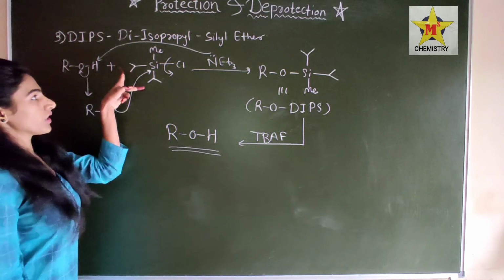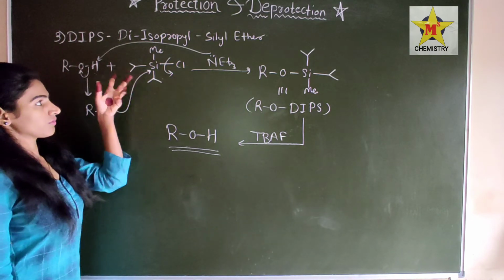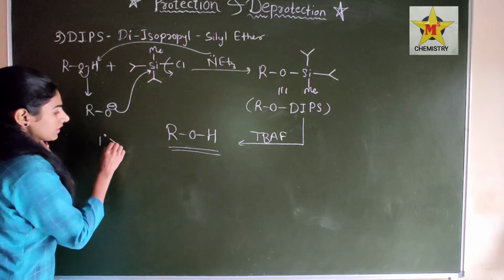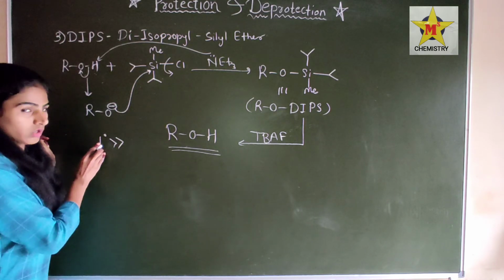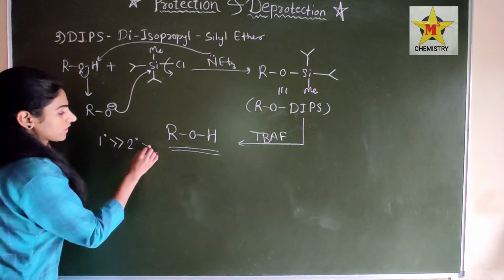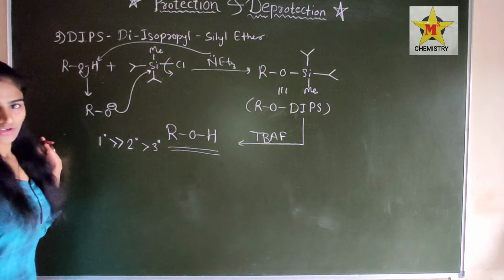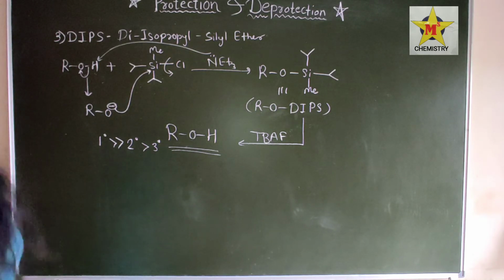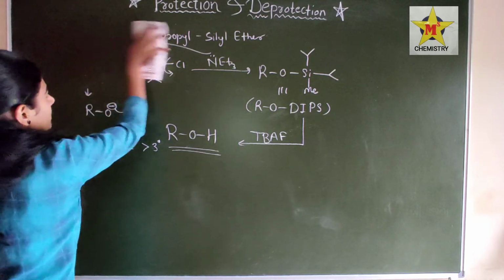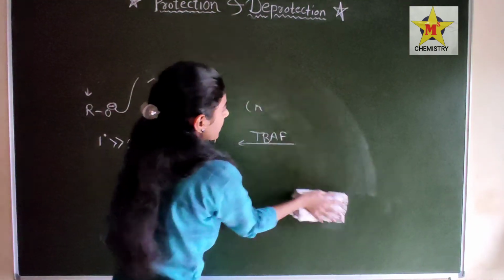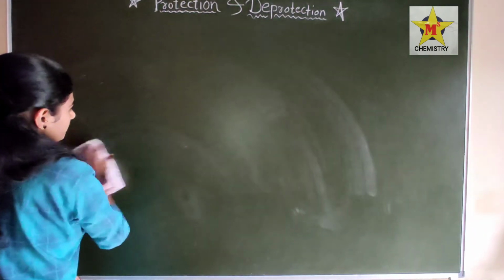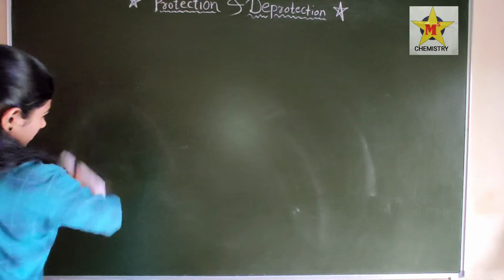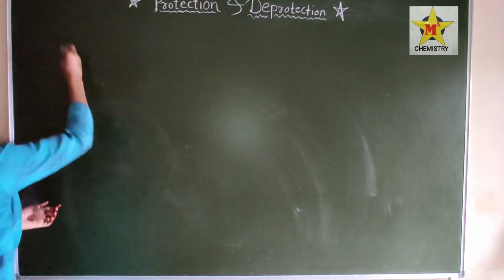Here two bulky groups are there, meaning two large groups are there. That's why there is also selectivity: primary alcohol is greater than secondary alcohol is greater than tertiary alcohol. Okay, so this is our third protecting group. Now the fourth one,